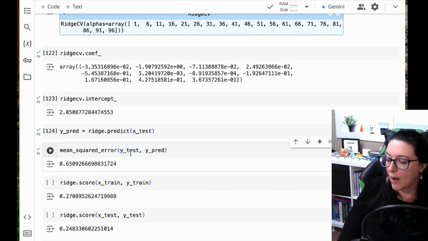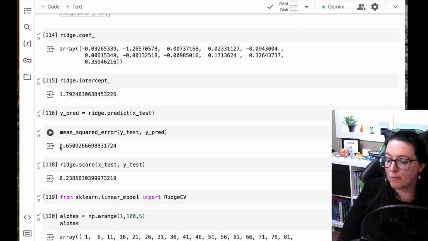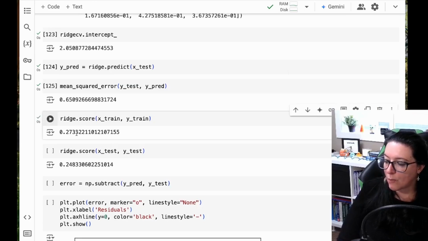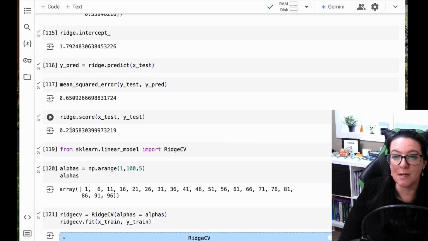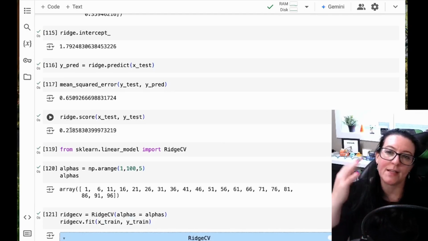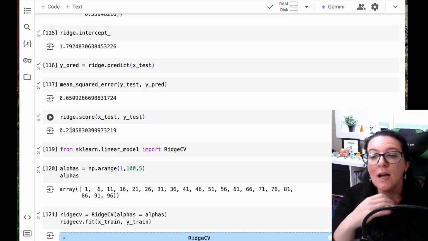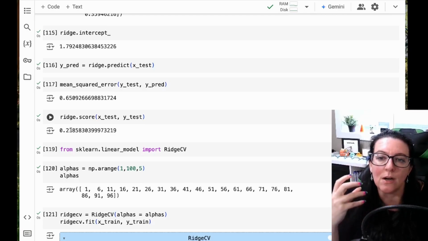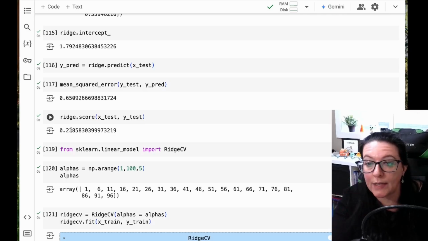We can get a mean square error. Our mean square error before was 0.65, and here we're about the same, mean square error 0.65, and you can see our ridge score is now at 27%, before was at 23%. So we're increasing the alpha, it's minimizing the coefficients for the variables further, and at the same time, it's getting us a model that better represents the variation in what we're trying to predict, which is the quality, using all